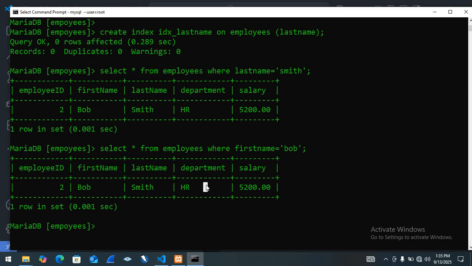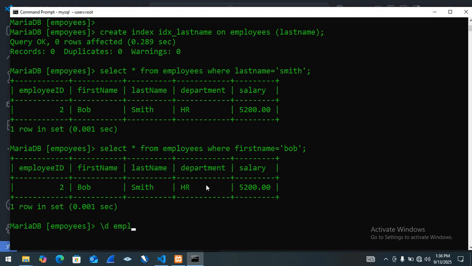So let us now see how we can show indexes. To see the indexes on a table, you can use different commands depending on the database system you are using, and in this case we are using MySQL. But before I show you, let me show for those who are using PostgreSQL. If you are using PostgreSQL, you can use